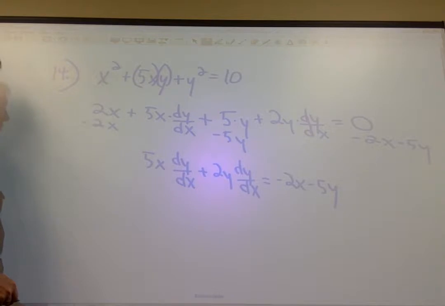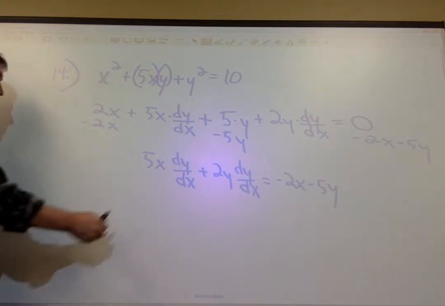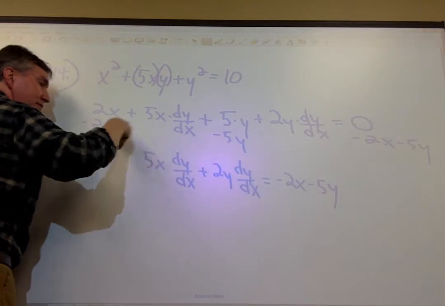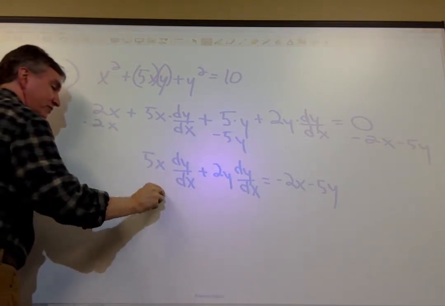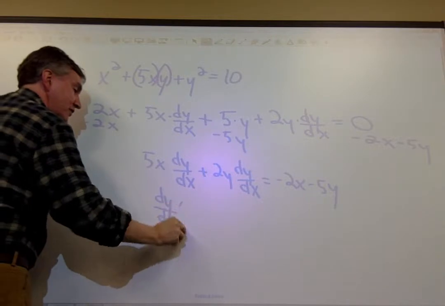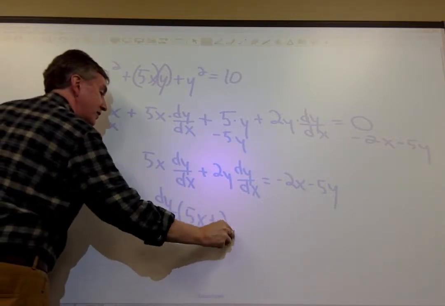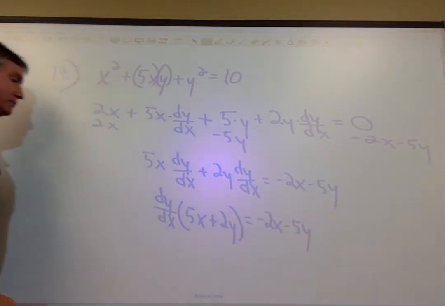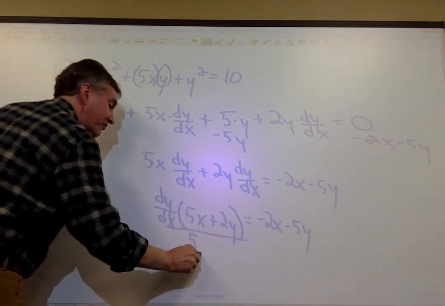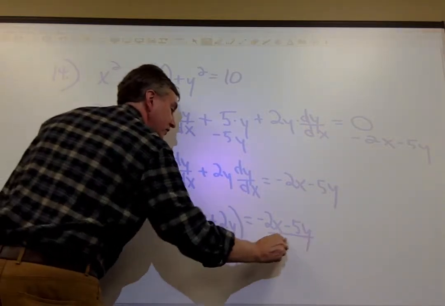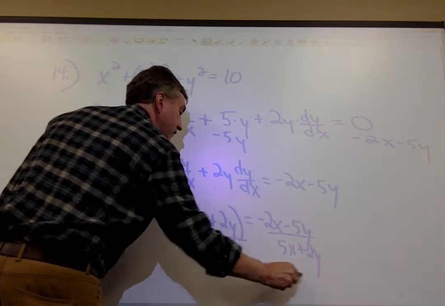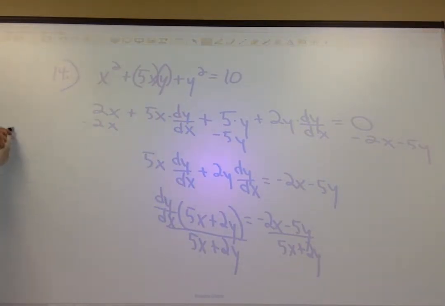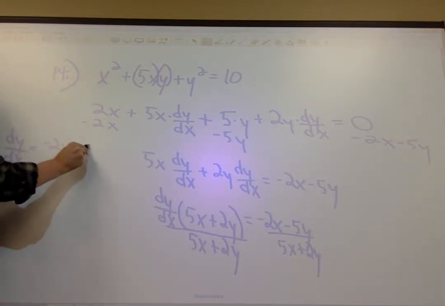How will I get the dy dx alone? What can I do to it? Factor it out. dy dx times 5x plus 2y equals negative 2x minus 5y. Last step, divide by 5x plus 2y. And there's my answer. dy dx equals negative 2x minus 5y